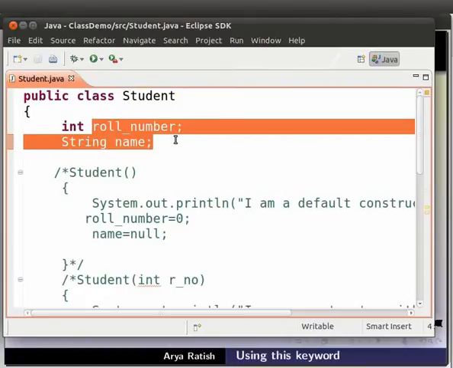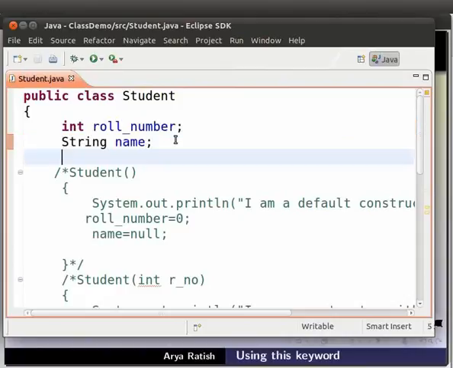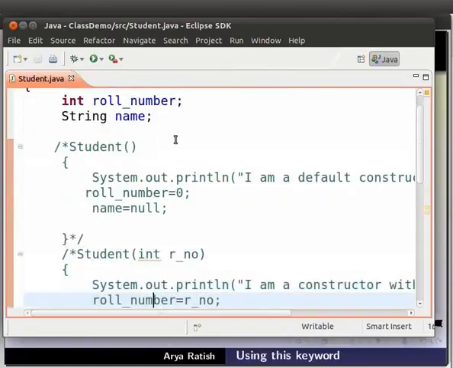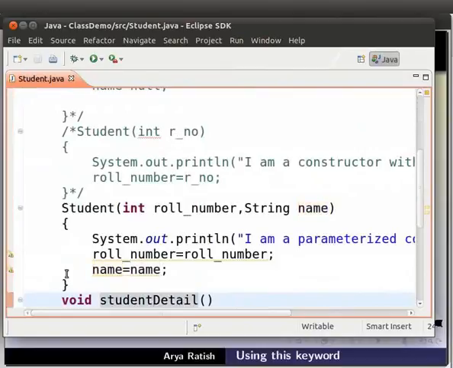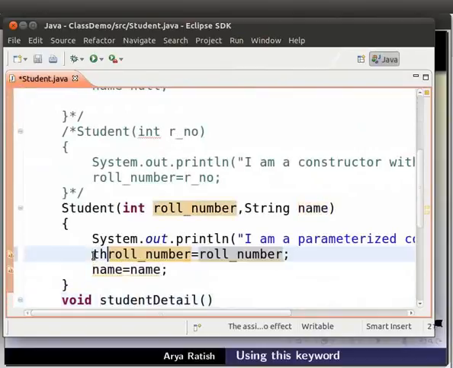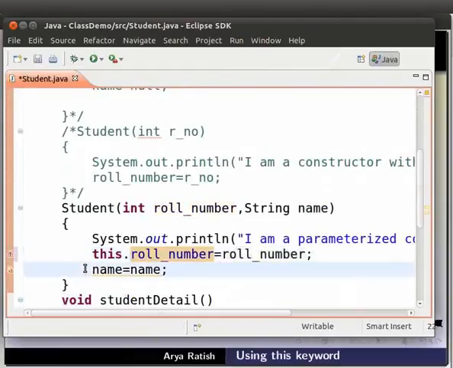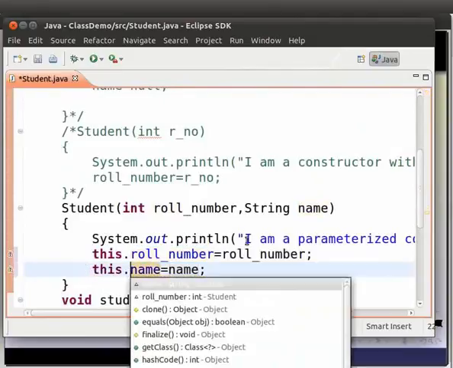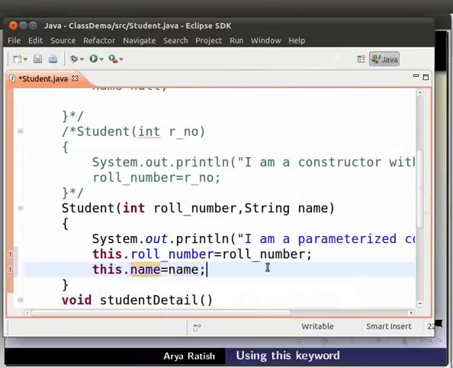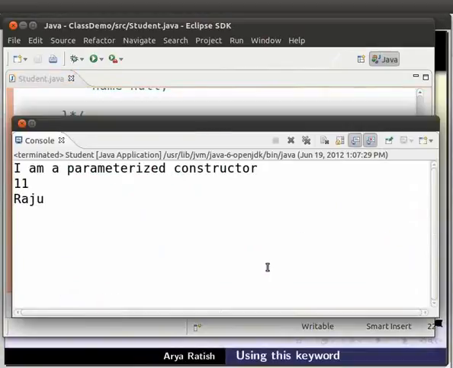Now let us make a small change inside the constructor. So type this.roll_number equal to roll_number and this.name equal to name. Now save and run the file. So press Ctrl S and Ctrl F11 keys.